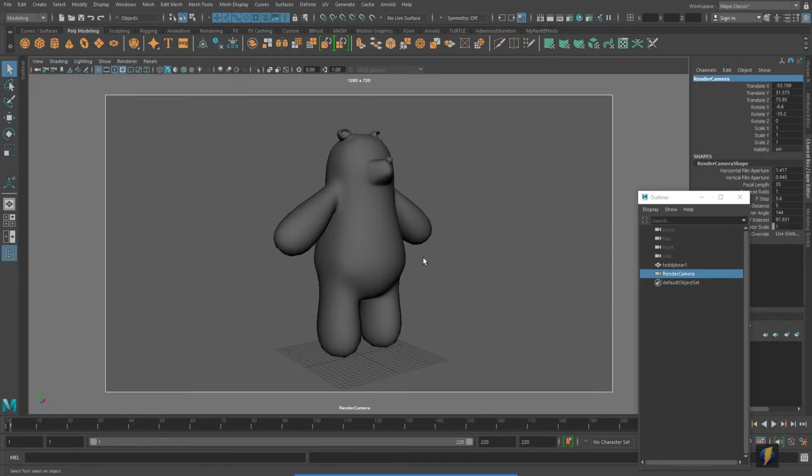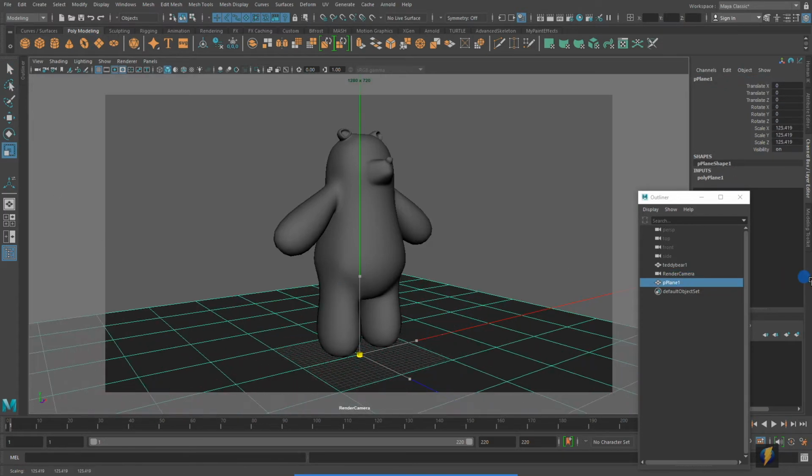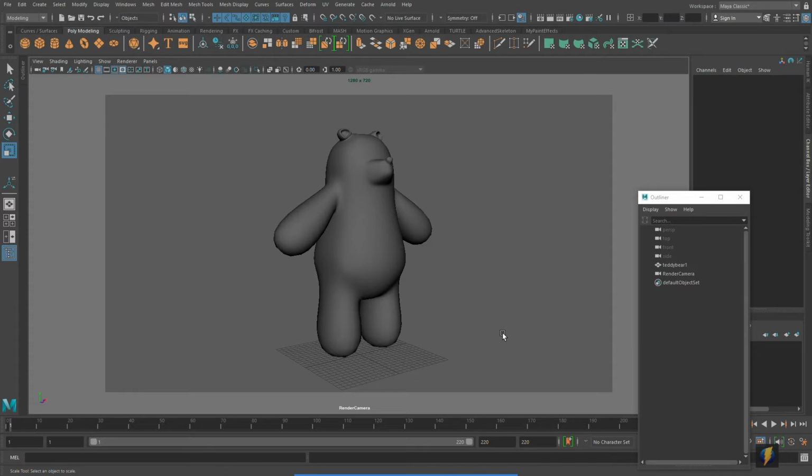Now, I'm going to be creating lights for this. In fact, I'm going to be creating at least 3 lights for this scene. We'll take a look at what is called the 3-point lighting setup. But if I'm using lights, I'm going to need to have a ground surface to be able to cast shadows. And of course, what I can do is create a polygon plane for that. One thing I don't like about the polygon plane, however, is that it has these borders here. Of course, I can make this plane a lot larger, but what we're going to try to do is create something a little bit more like what you might find in a professional